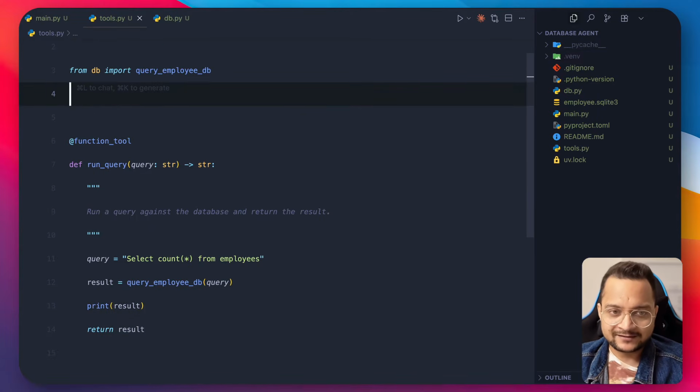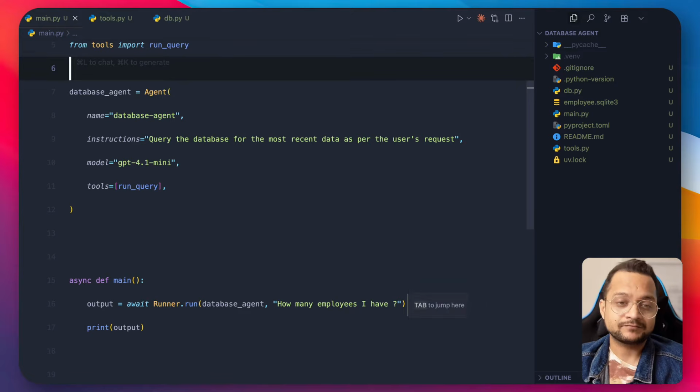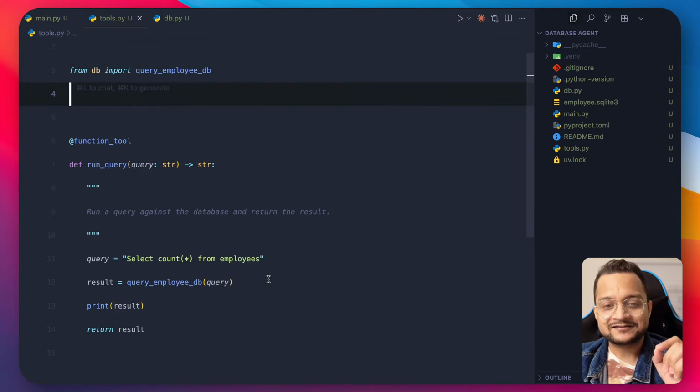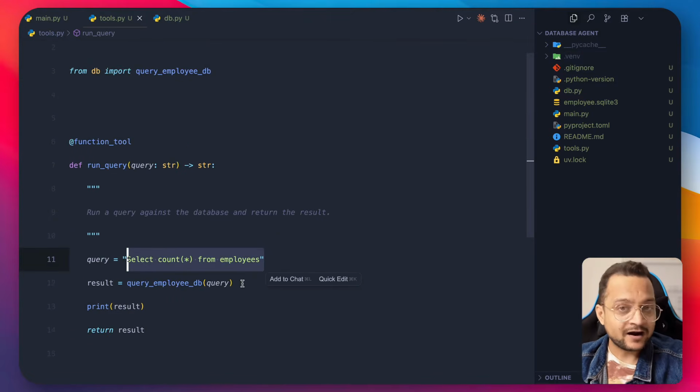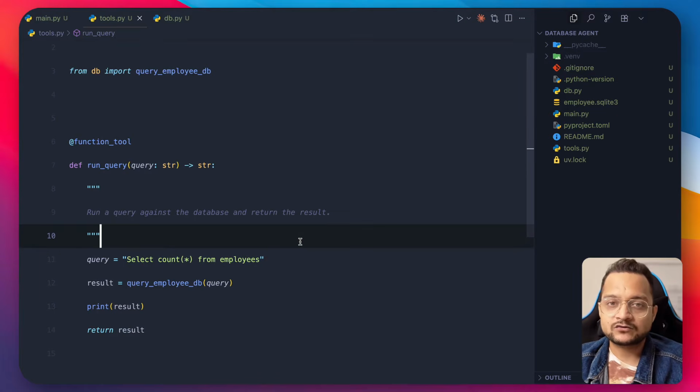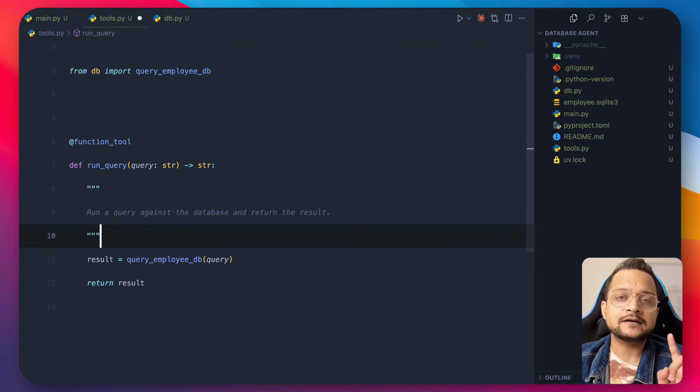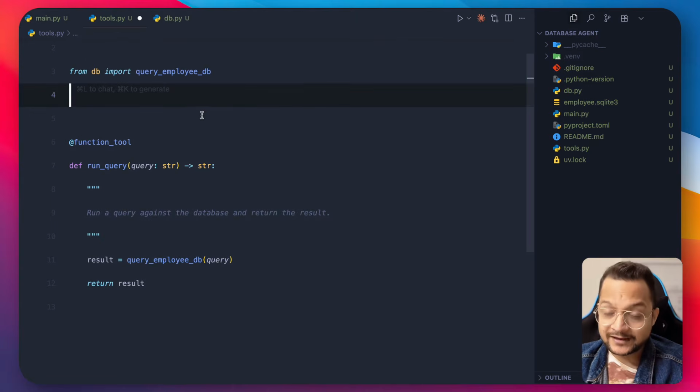But at this moment, we still have a problem. The problem is this query is hard-coded. We want this query to be created automatically. At this moment, we are going to create another tool. But this tool is not going to be a function tool. It's going to be an agent tool. So what I'm going to do, I'm going to say app